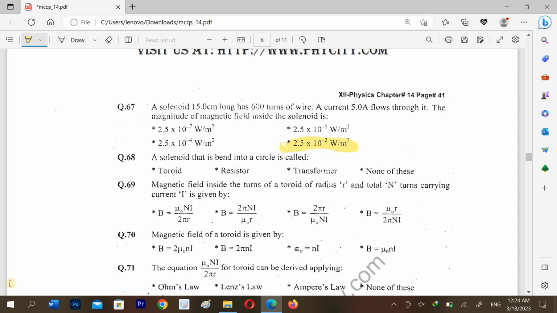A solenoid that is bent into a circle is called a toroid. The magnetic field inside the turns of a toroid of radius r and total n turns carrying current I is given by